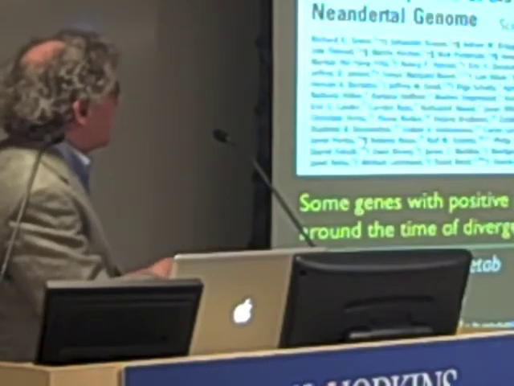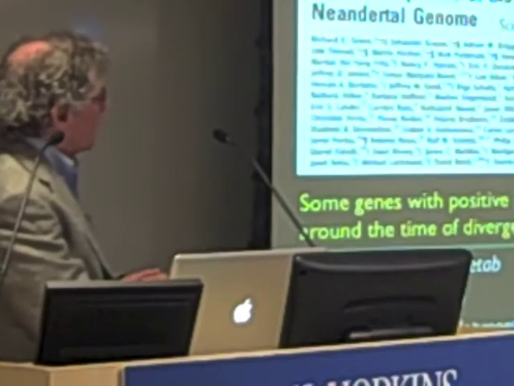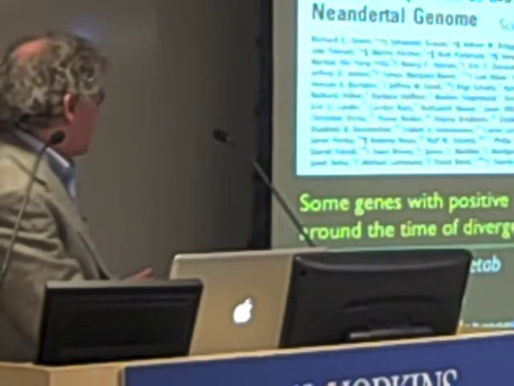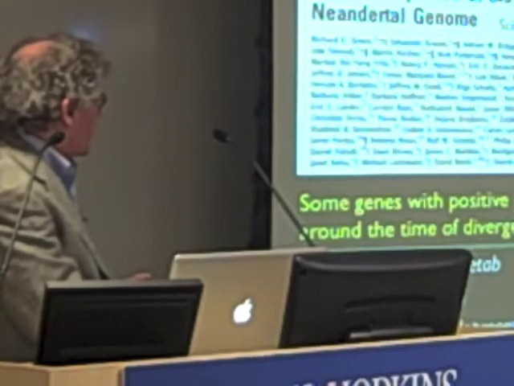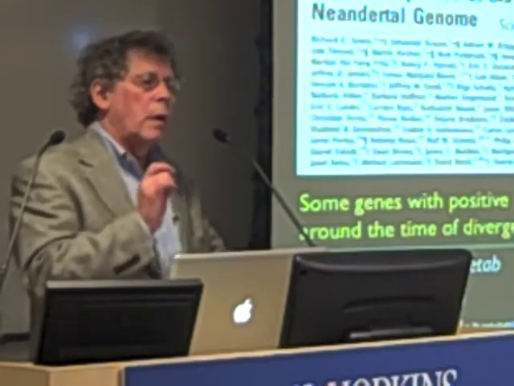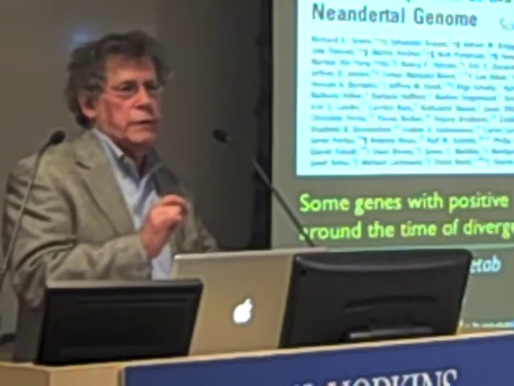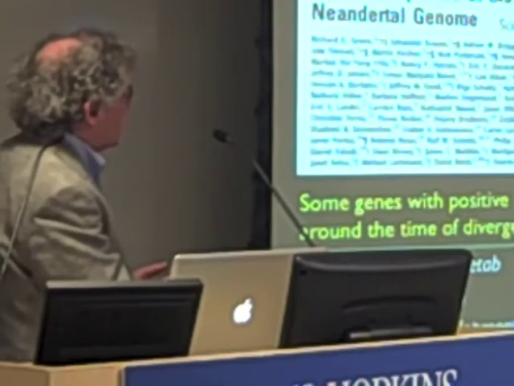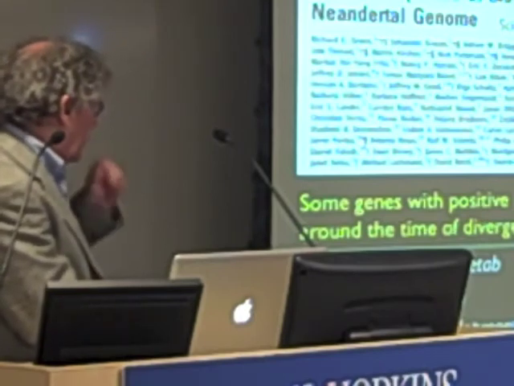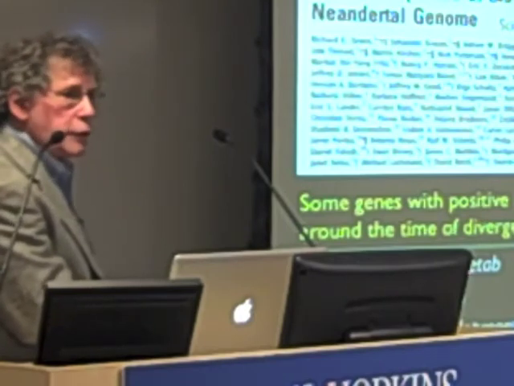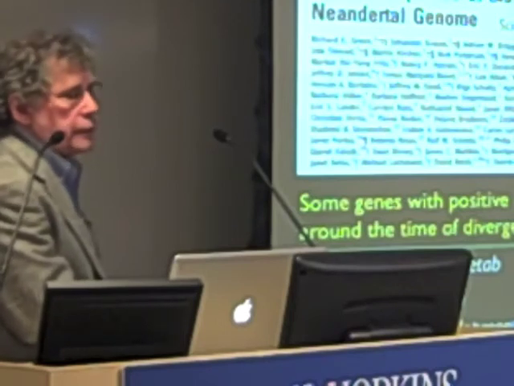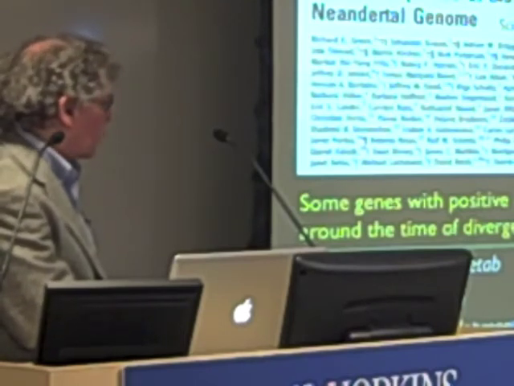Here's another one. We can understand our relationship to our closest relatives. So you know that the Neanderthal genome was sequenced recently. In this group by Svante Pääbo, one of the things that they did is they asked a simple question: what regions of the genome have changed most rapidly between Neanderthal and Homo sapiens? And if you look, you see genes that are in the category of energy metabolism, differences in energy metabolism, a lot of genes that are expressed in the brain and are thought to play a role in cognition,